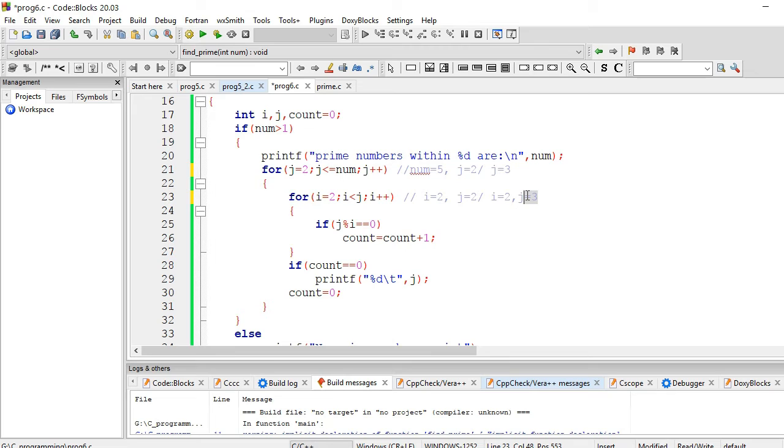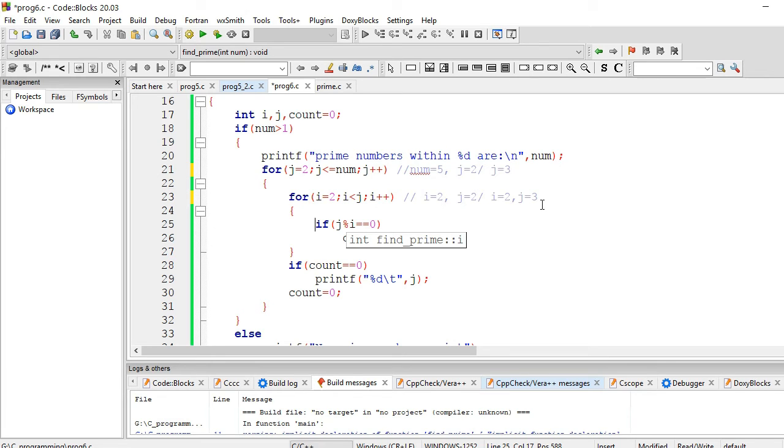So this is true. This true means this for loop will execute because i is less than j, so 2 is less than 3. So we will enter this for loop, and if j modulus i, so j is basically 3, 3 modulus 2 equal to 1.